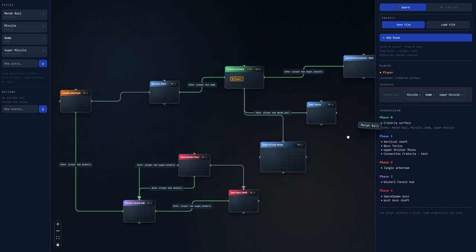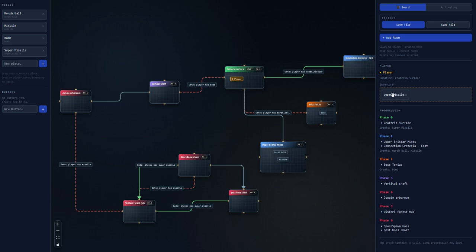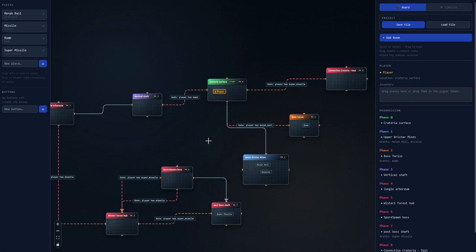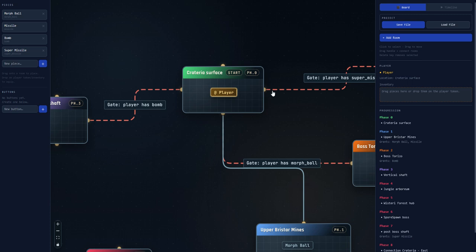Where do we get the morph ball? I think we get the morph ball here. I think that we also get the missiles here. Bomb we get here. And the super missiles I'm pretty sure we get here. Yeah. Okay, so this is the starting position, the crashed spaceship, our inventory is empty, and